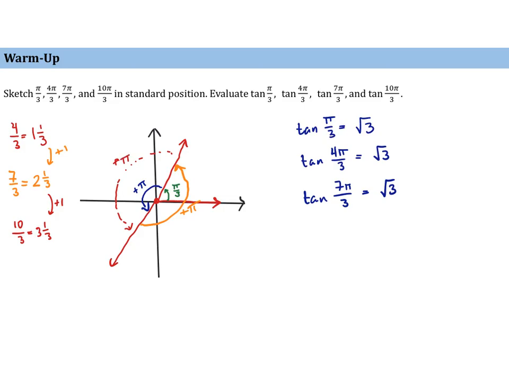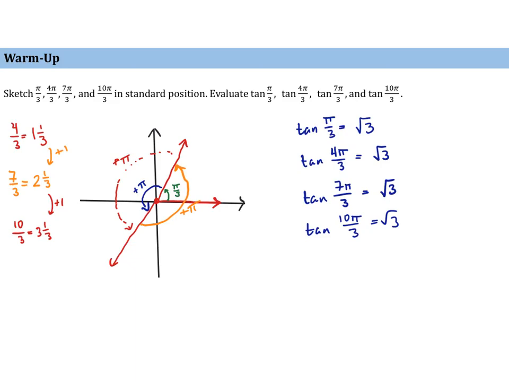So we end up in the third quadrant with the same reference angle. So tangent of 10 pi over 3 is the square root of 3. So what's the connection between the angles here? To get from one angle to the next, I'm just adding pi units, and we obtain the same exact output